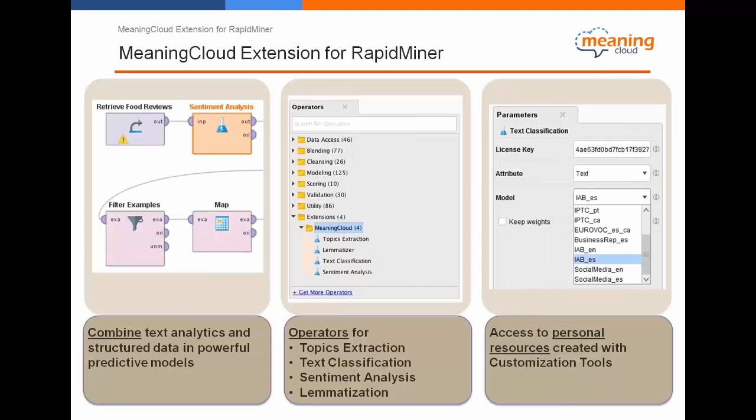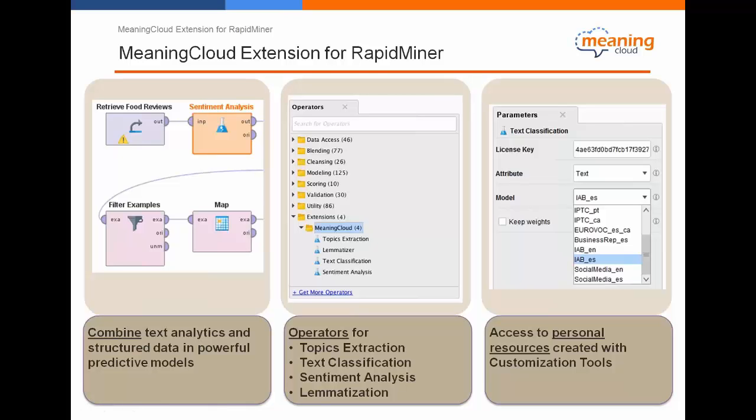And essentially, as I mentioned, it enables you to combine text analytics and your structured data within RapidMiner. Essentially, it gives you access to some of MeaningCloud's APIs as RapidMiner operators. We'll see that in a minute.